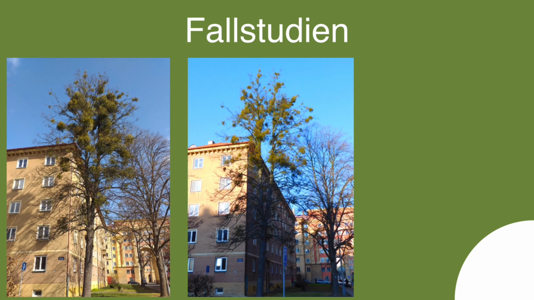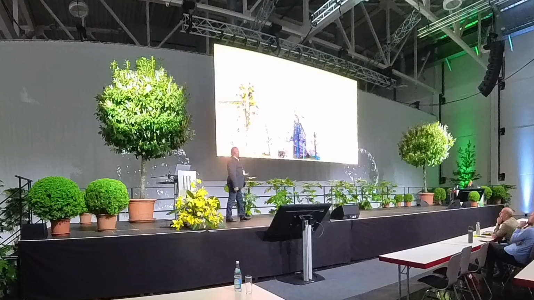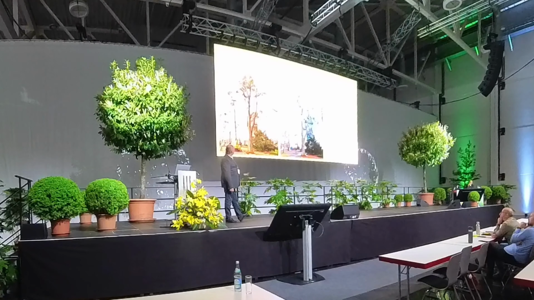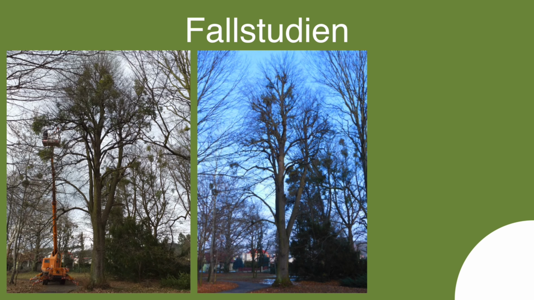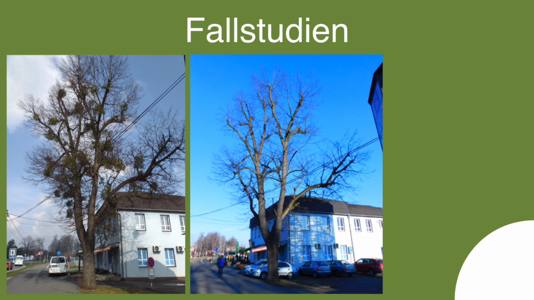Sometimes with a really high level of colonization, after the first application there is only a lowering of the volume of the mistletoe. But again, we can repeat it, we can add another application and get the result we would expect, which we are really happy with. This is the most important difference from the pruning. Obviously, the pruning and the application of the phytohormone can be combined if necessary, so you can devise your own method there. This is the case where the application was combined with the tree pruning.